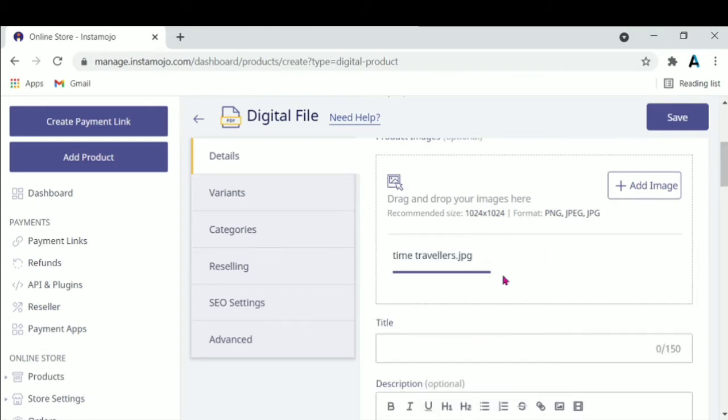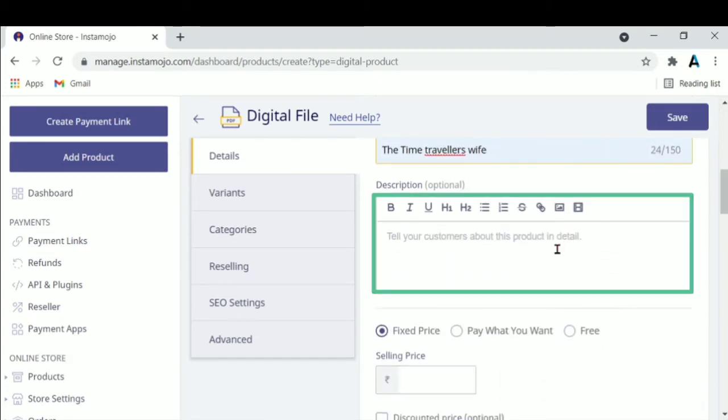Then write the title of the book. Then write some description about the books.